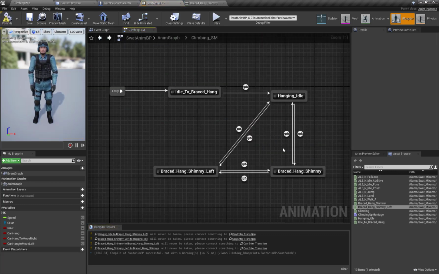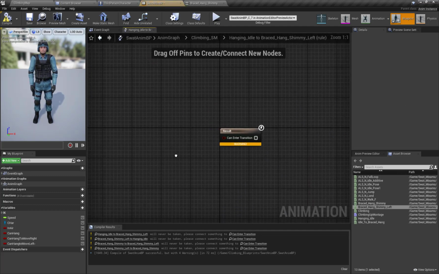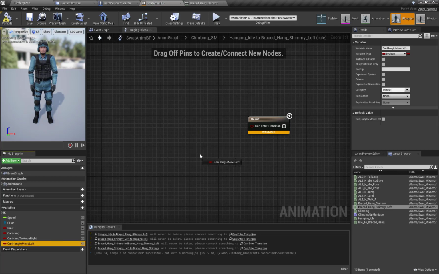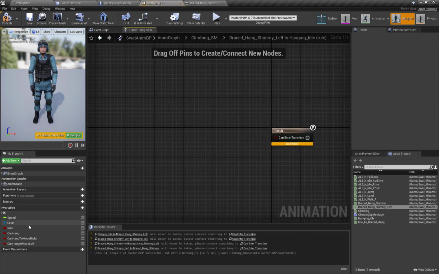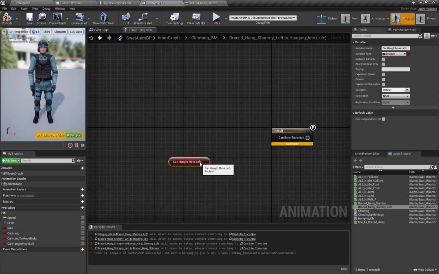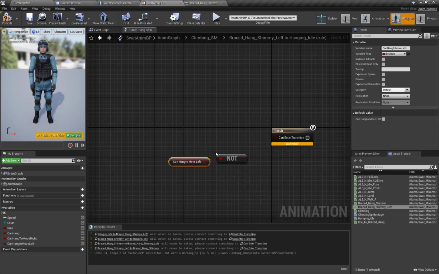Now from hang idle to move left, the state condition will be our can hang to move left variable, and from move left to hang idle, the state condition will be our can hang to move left variable and set it to not operation,